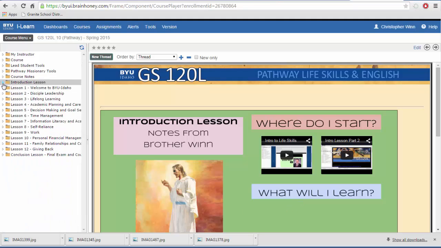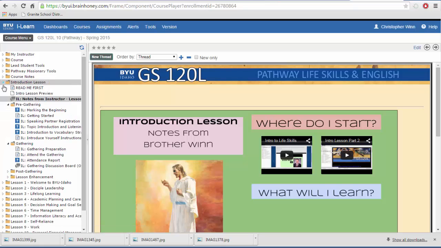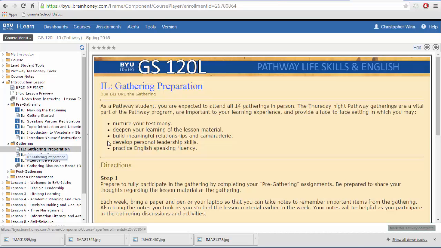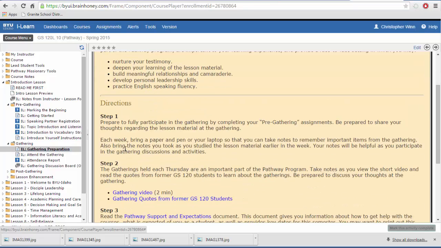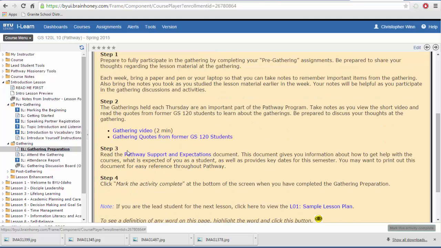Okay, so let's close that up, and I'm going to go back in and open it, and let's look here at the gathering. And so I'm going to click on preparations for the gathering, and it's going to review what you should have done before you go to the gathering. Now, I can say just a couple of things about the gatherings from past experience with other students. It is probably the highlight of the class. And also, because of that interaction with other students, the grade will reflect heavily upon your attendance in the weekly gatherings. So make sure you